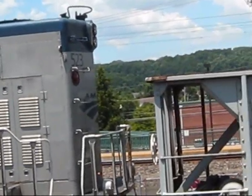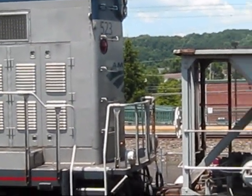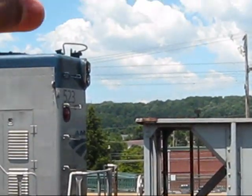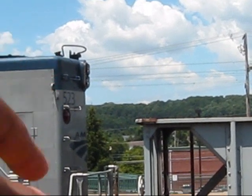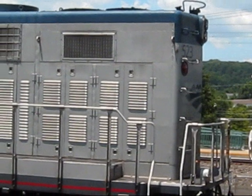See how the top pile headlights are at the top? If this was an EMD locomotive, a true EMD, the rear headlights would be a little bit lower on the locomotive. But, you know,